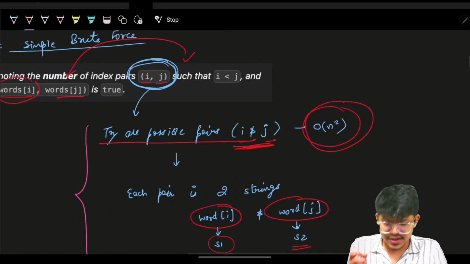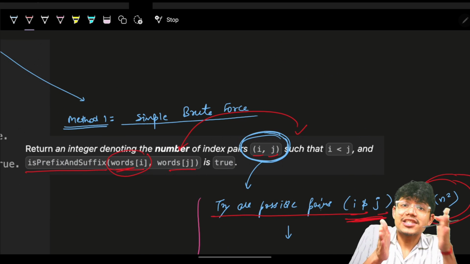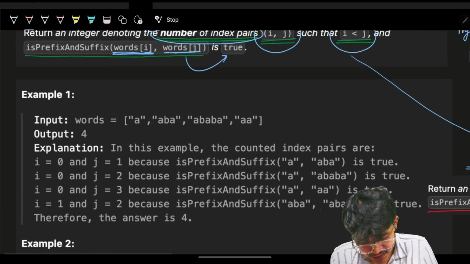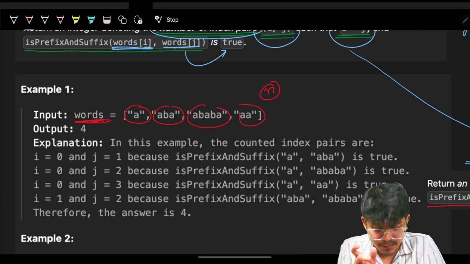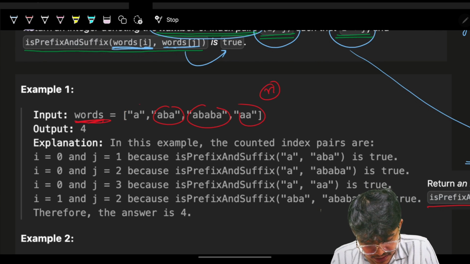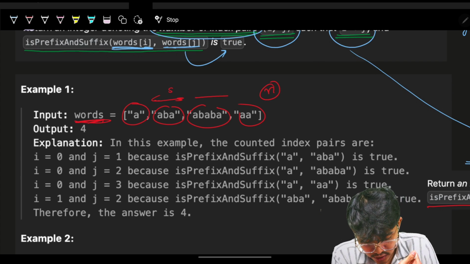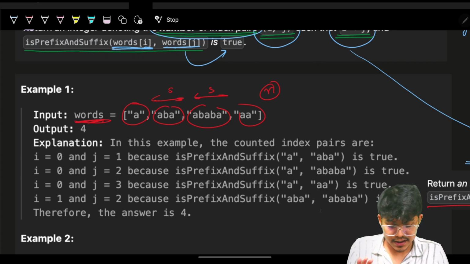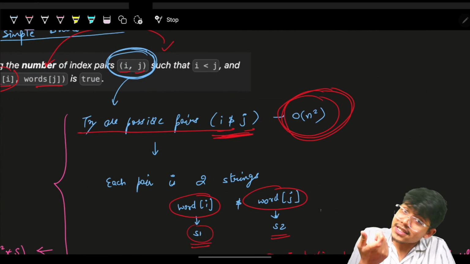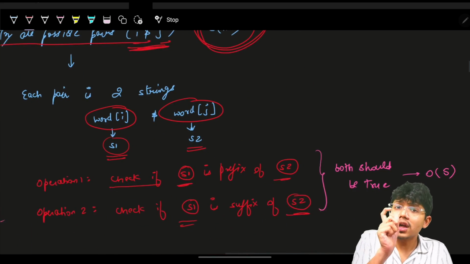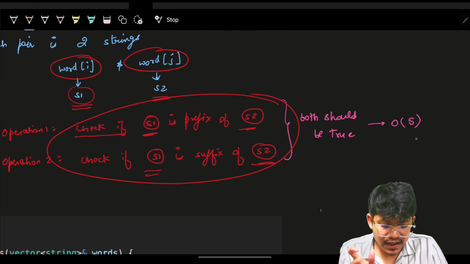time, because let's imagine your word length, which means you have n strings in the input. Let's imagine that each string is of word size s. I'm taking the worst possible case. So I can simply say that to go and try for all the possible pairs, it will take O of n square time. And for a string of length s, this comparison would take O of s time, because you